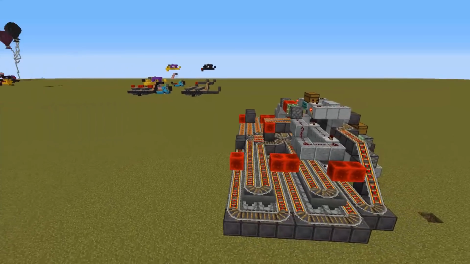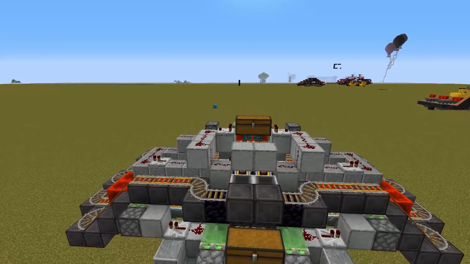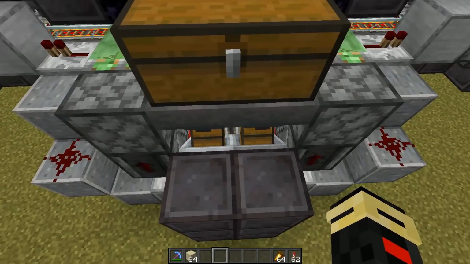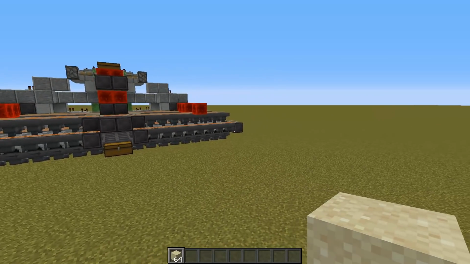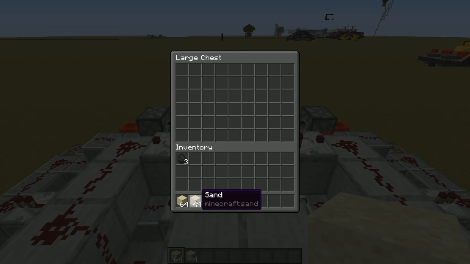It's pretty intense, but now all we need to do is place 2 input chests, right there and right there. Fill the bottom one here with whatever fuel source you want. As you can see, it'll load up into these hoppers and these hopper minecarts, or chest minecarts, sorry. Make sure that all of your furnaces have fuel in them, okay, even if it's just a little bit. And then we're going to go up, and then once we fill our main chest up here,